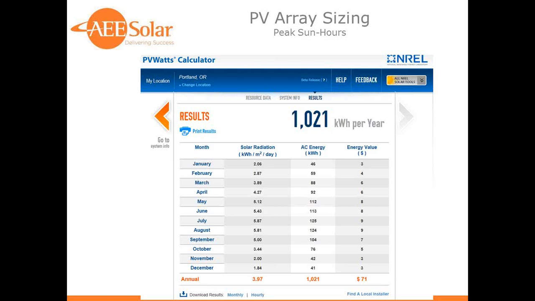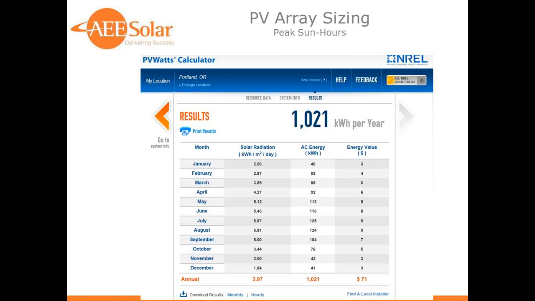So for instance, if you look at this chart here, you look at December, there's only 1.84 peak sun hours in that month. You know, that's going to need to be a fairly large PV array to make enough energy to carry you through at that point, as compared to, say, July at 5.87. Now, the average, obviously, you would use for a grid tie, but you're going to look for the darkest months